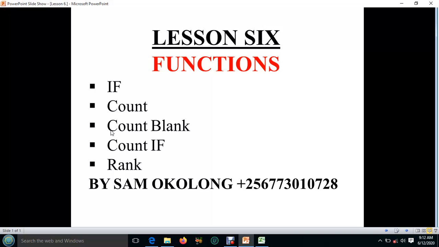And lastly, RANK, in case you want to position the selected cells depending on maybe the total the cell is having. Okay, so let's begin with the first one, which is IF, and we are going to look at